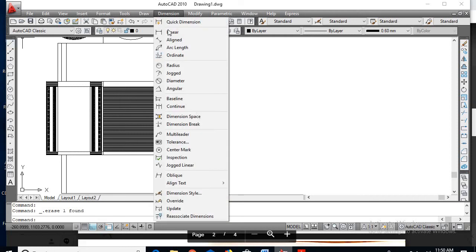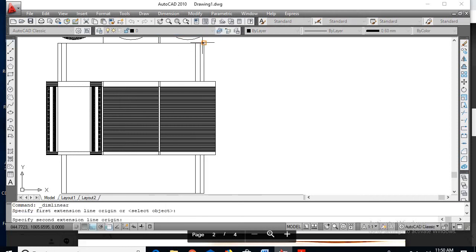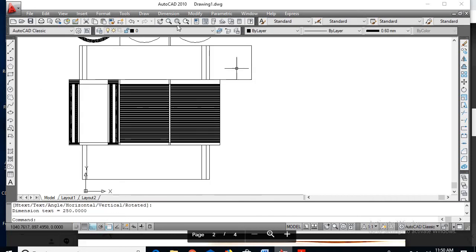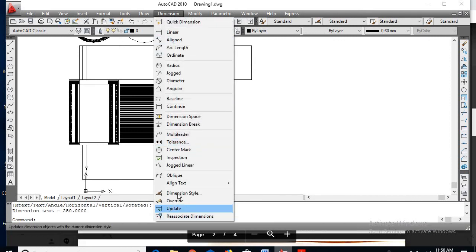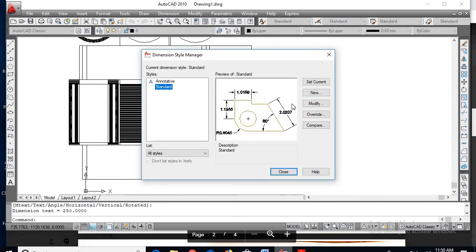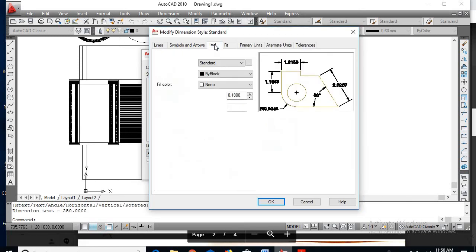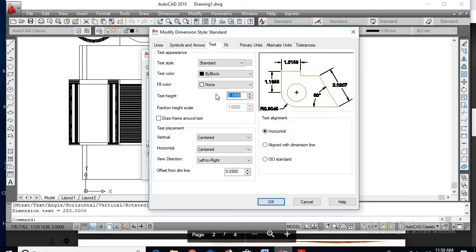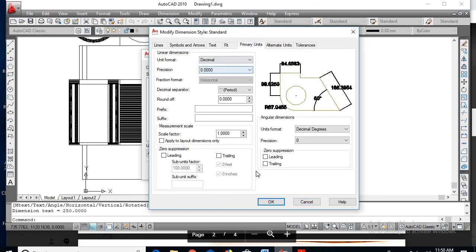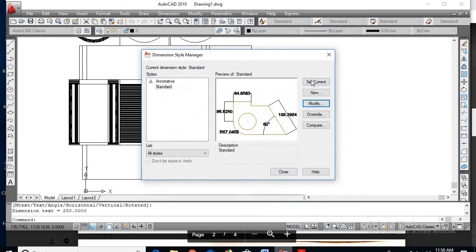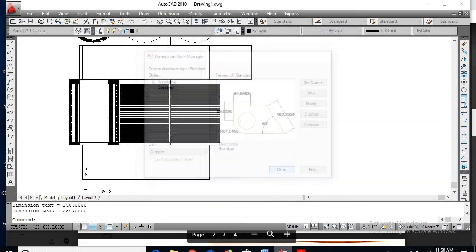So go for dimension, so linear, so height of the yoke, so it is not clear. Go for dimension style, so change the setting, modify. So go for text, change the text as 15, say primary text, it's okay, say OK, and set current, say close.